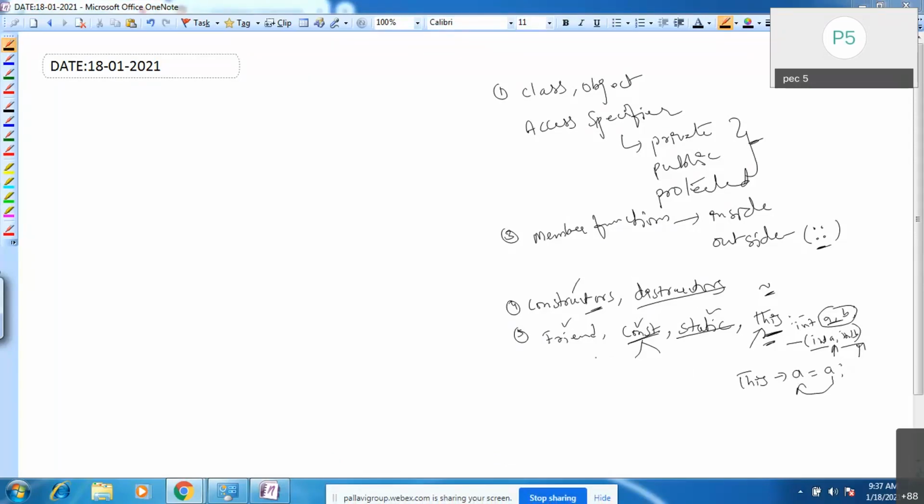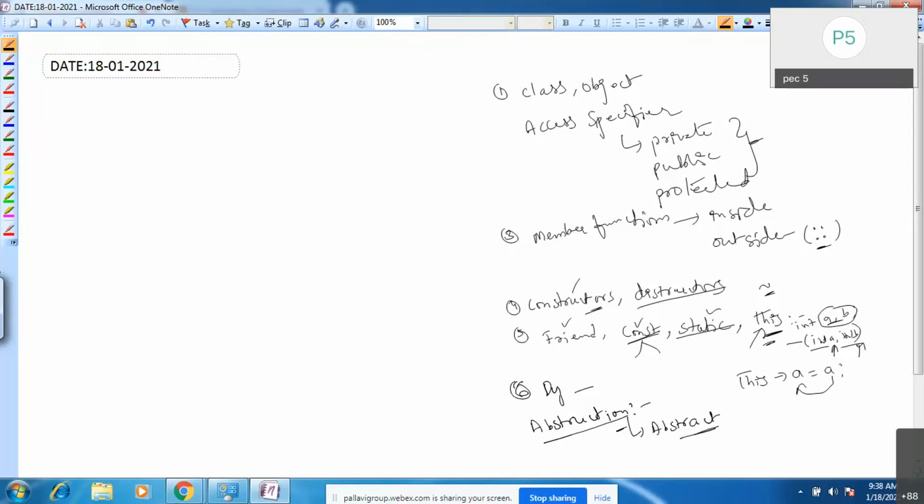And I think dynamically how you can create objects and how you can destroy the objects, that we have seen. And the last topic is abstraction. I have shared one document just now. Just go through what is abstraction. Already we have seen it when we talked about object oriented features.